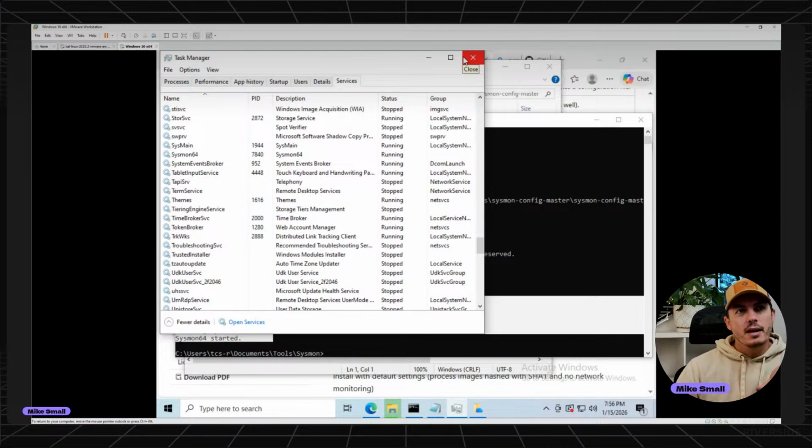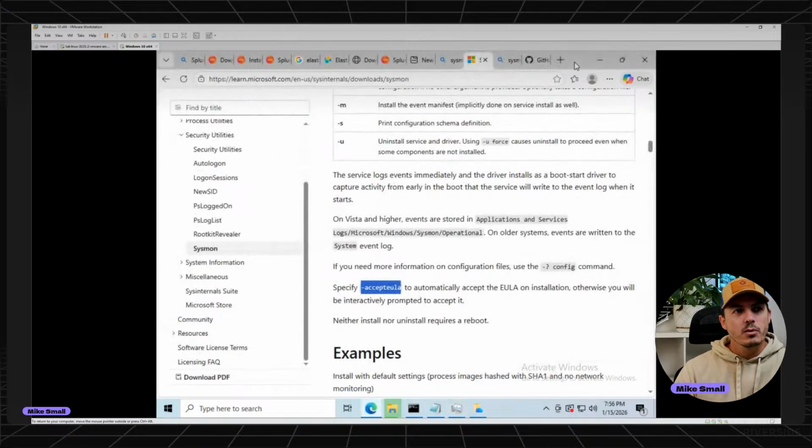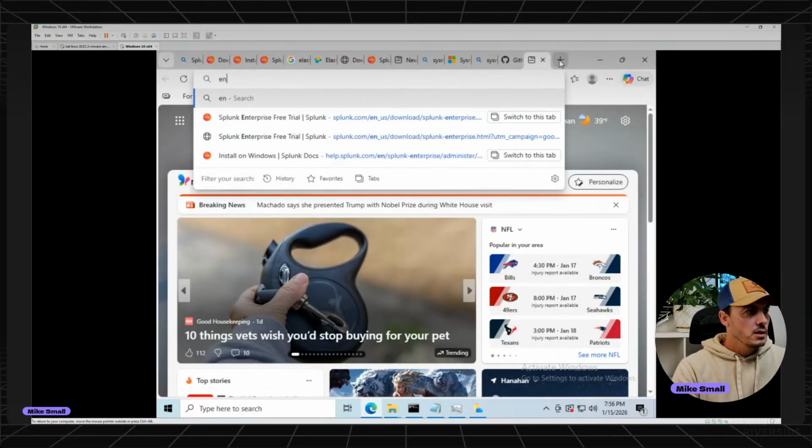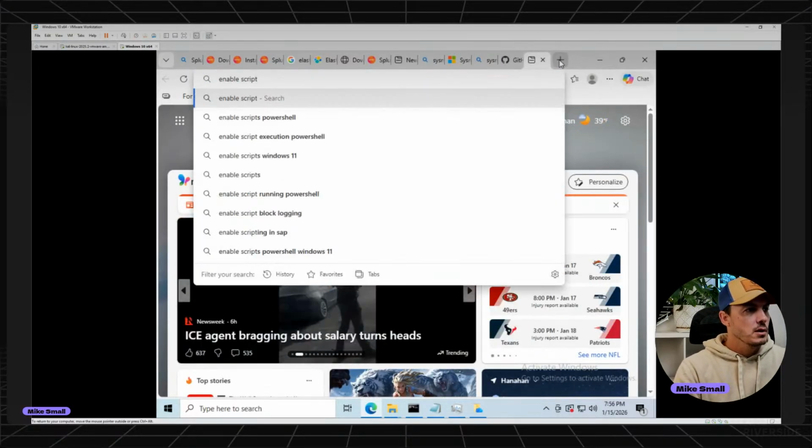Now we did that so whenever we have Elastic stood up, we're going to use Filebeat to make sure we're not only pulling our Windows event logs, but we're also going to pull the Sysmon logs. Now, what else could we enable that a normal company might enable? PowerShell. So let's look up how we can enable script block logging, because that's going to be another one. So let's see, enable script block logging PowerShell,